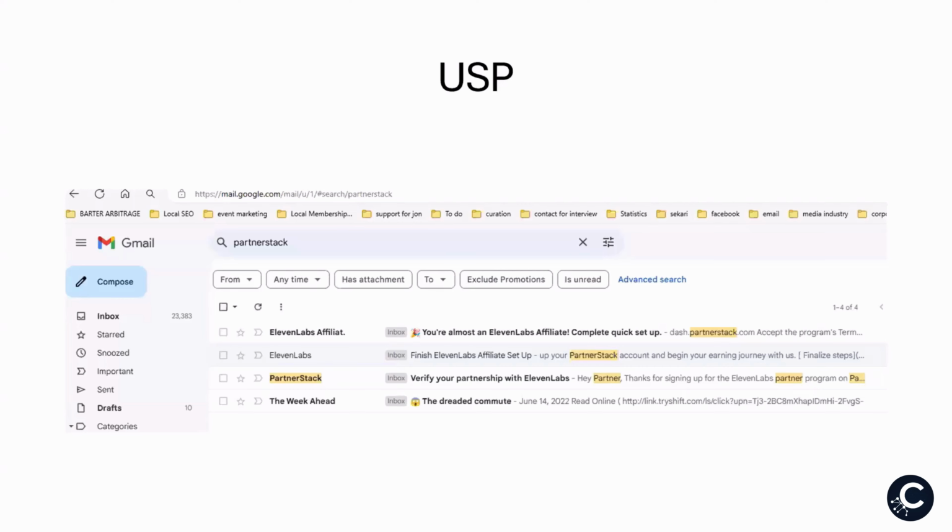So you'll need to make sure that you're watching your email for all these things and that you sign up and you finish the process with them, right? Because it's not going to be one where we're just going to click a link and it's going to happen. There's a process and they want you to finish it. You're just going to have to watch your email for anything that looks like Partner Stack, 11 Labs, or 11 Labs affiliate program.